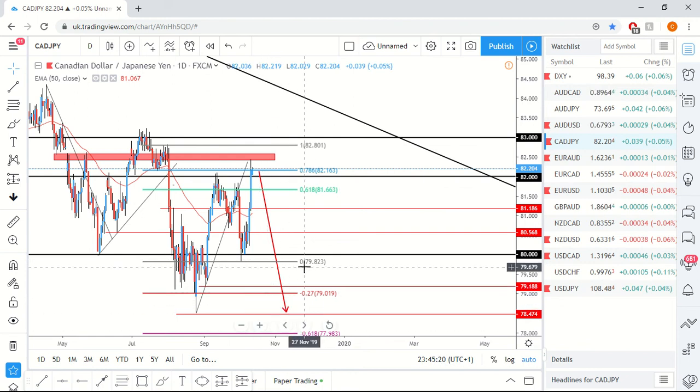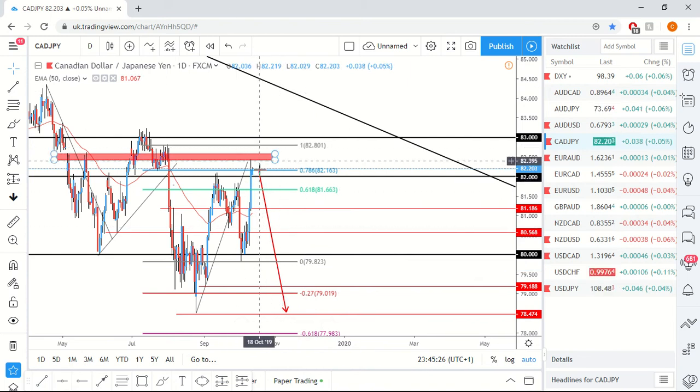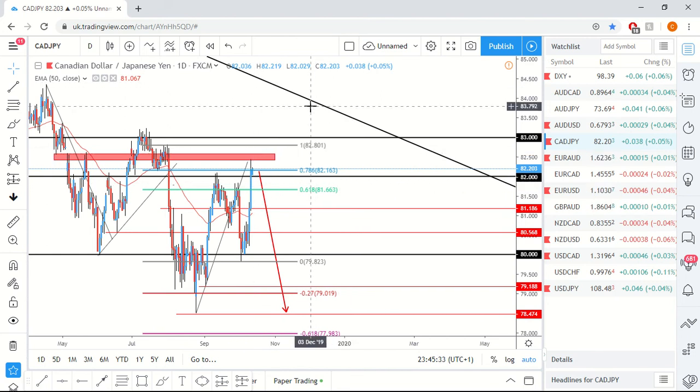I quite like the short here, especially with this long-term trend line above. However, if we do break above this Fibonacci, this will become invalid, and if we break above the liquidity area, we might be in for a short-term long, and then possibly short off of this trend line. But obviously it's important to note this bit here. We've got the 83 key level as well as the trend line, so we could just see it hover here and then potentially get into a short later.